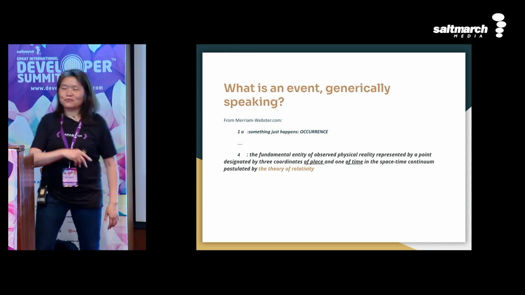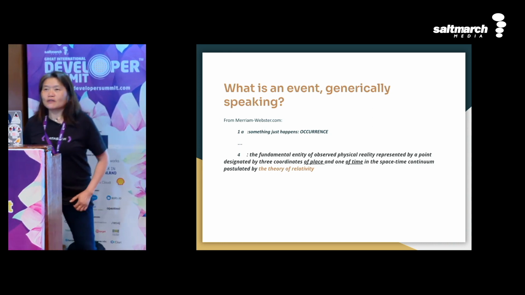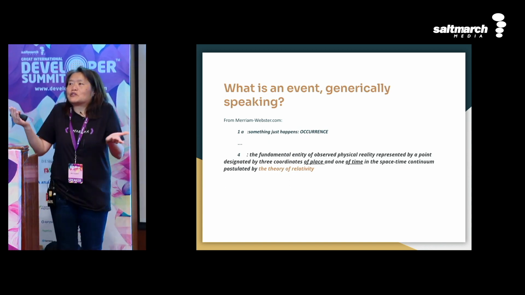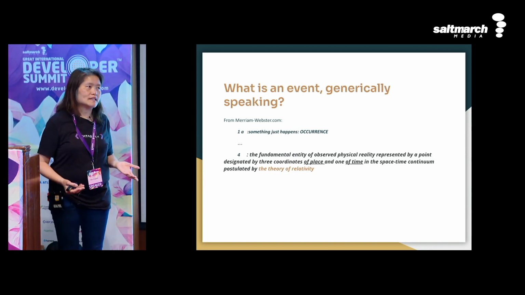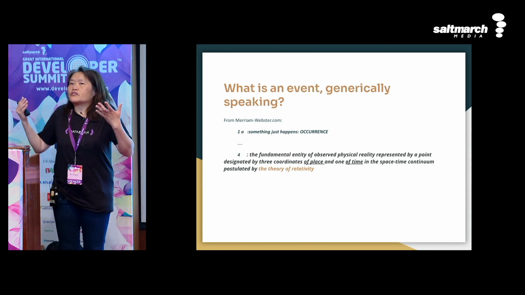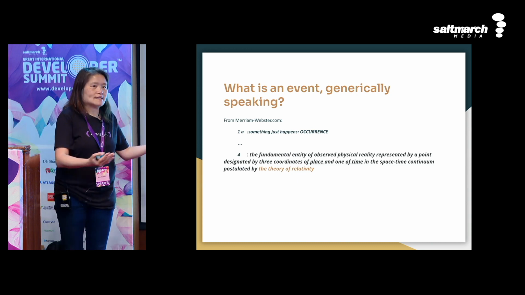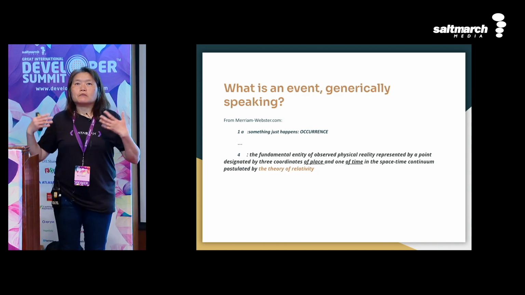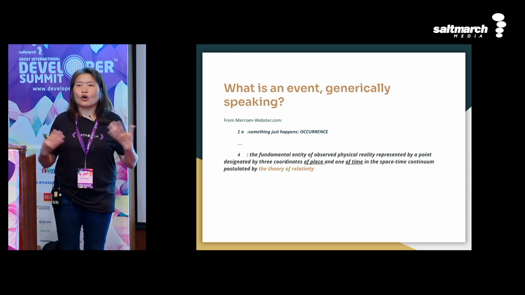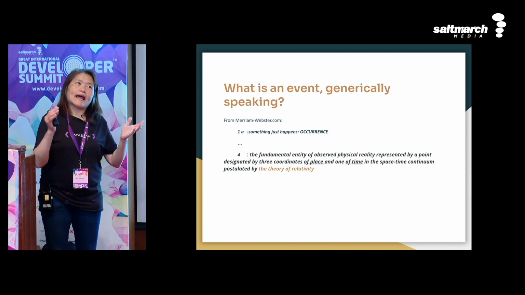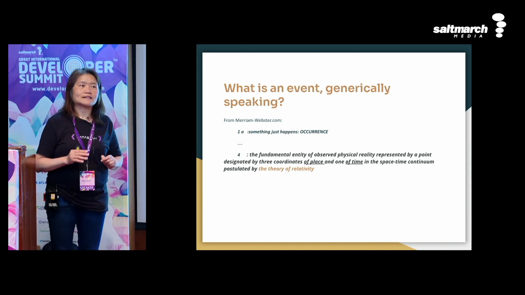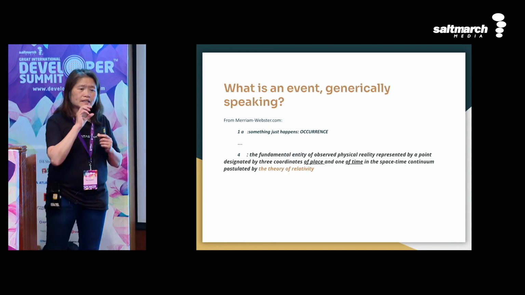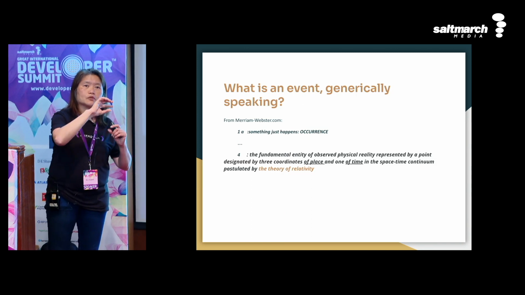So, back to what is an event. Generically speaking, an event doesn't have to apply only to computing. It can be anything. It can be your life: a baby being born is a new event, a birth event. A musical concert is an event, a sporting event. But you notice that an event happens and is immutable. That's the key. So in order to do computing, we essentially need to capture the data that's happening with that event.